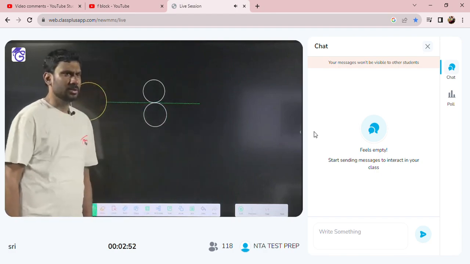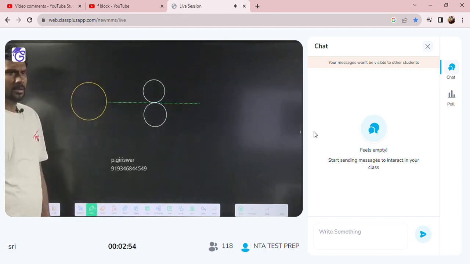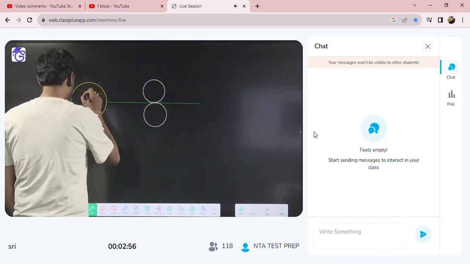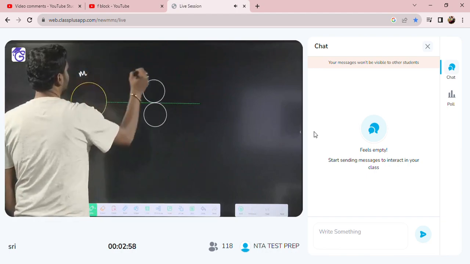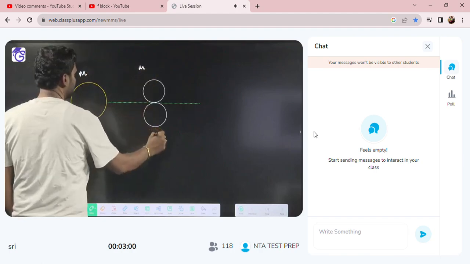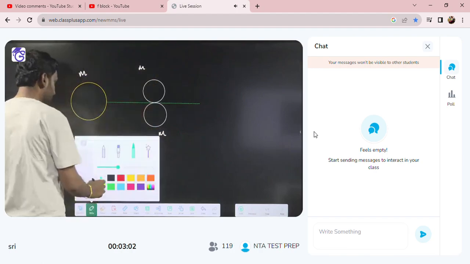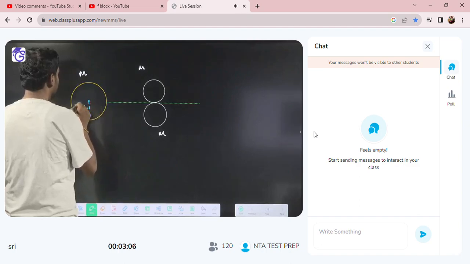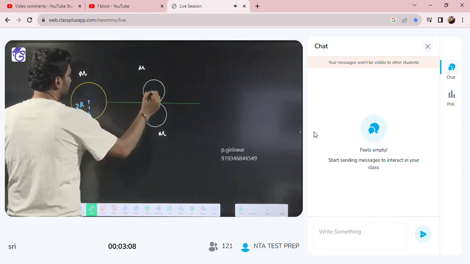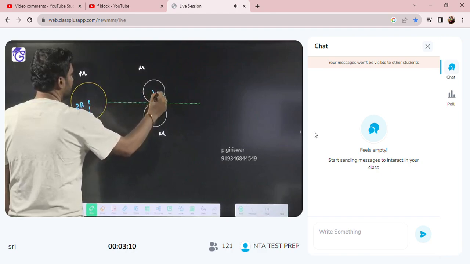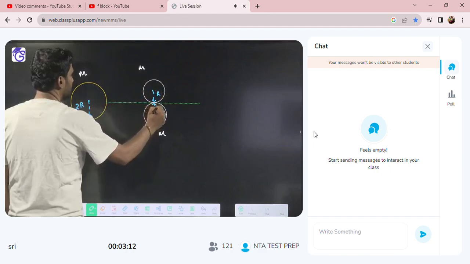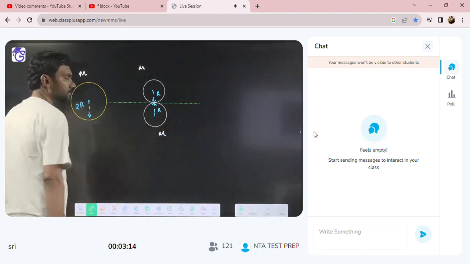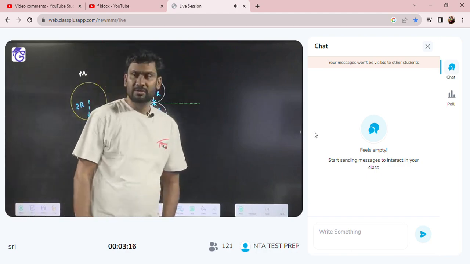So now this mass is also m. This is m. This is m. All masses are the same, and this radius is 2r. I have taken this radius as r and this also as r. So then we have said